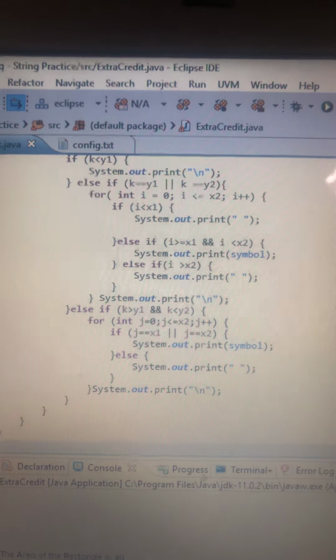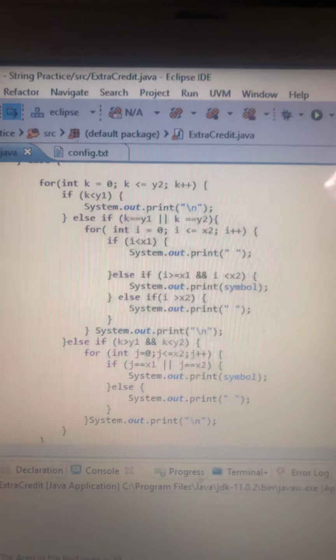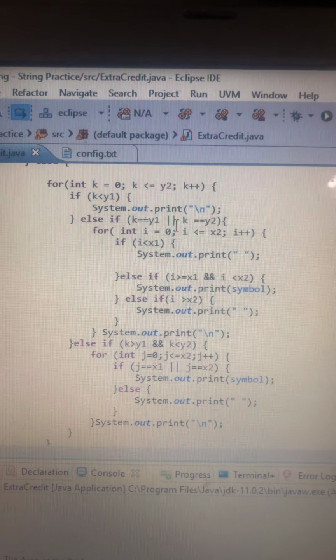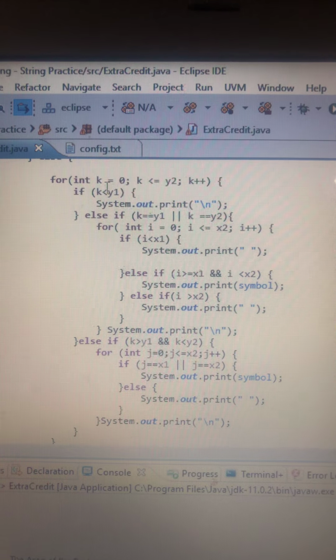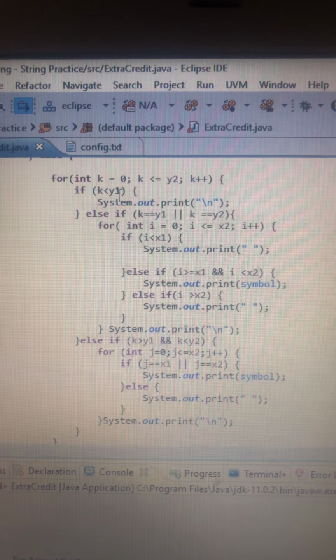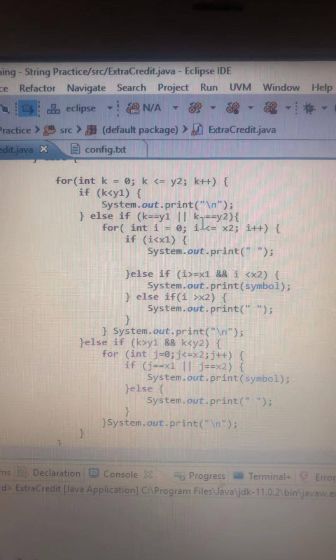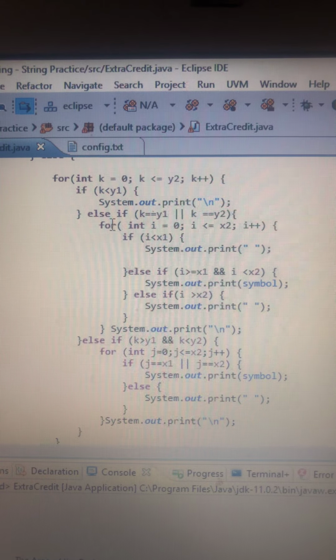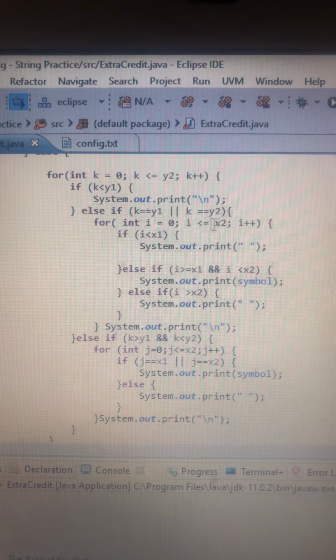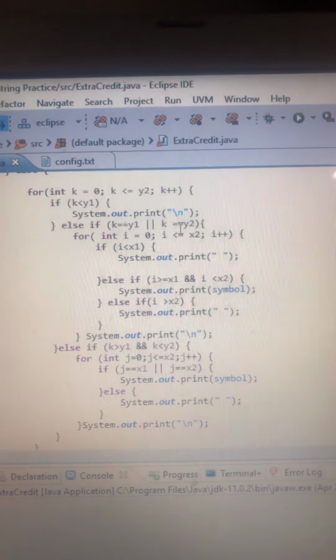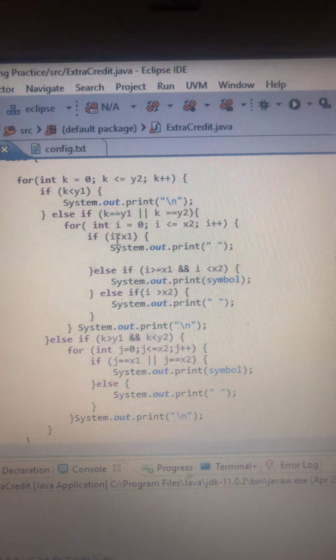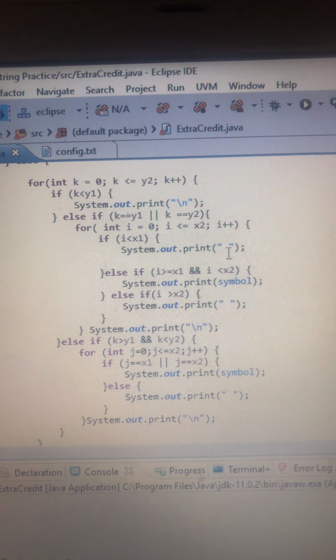It pretty much does the same thing as above, except I incremented K, and when K is less than Y1, I print out a new line. So that's all my spaces before. And then I check to see if K is equal to Y1 and Y2, because when it is, I'm going to print out